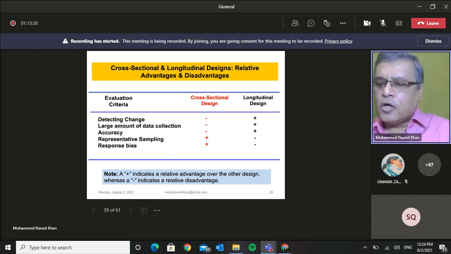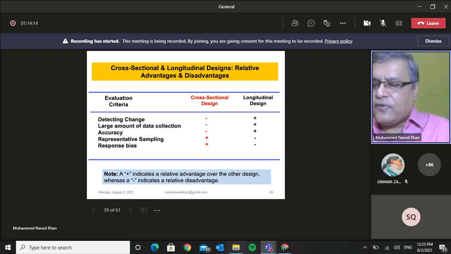Whereas in case of cross-sectional design, suppose we administer the questionnaire, the same questionnaire pertaining to a certain brand, and that brand is of interest to you. When you are approaching the person regarding that particular product, suppose it's an FMCG product, the person may have consumed it or come across it maybe 2 weeks earlier. So some of the issues which you are trying to probe, the person may not remember. So there is more reliance on memory, and because of these memory issues, there is less accuracy in case of cross-sectional designs.